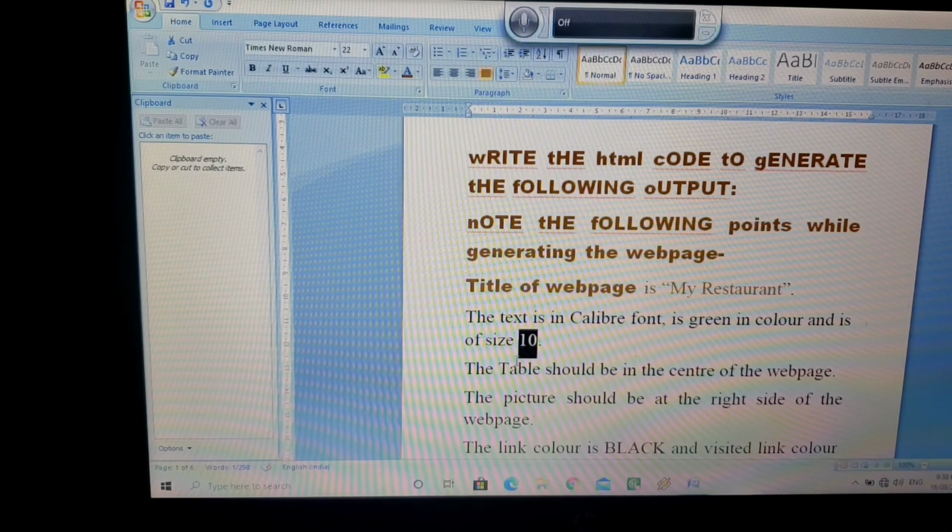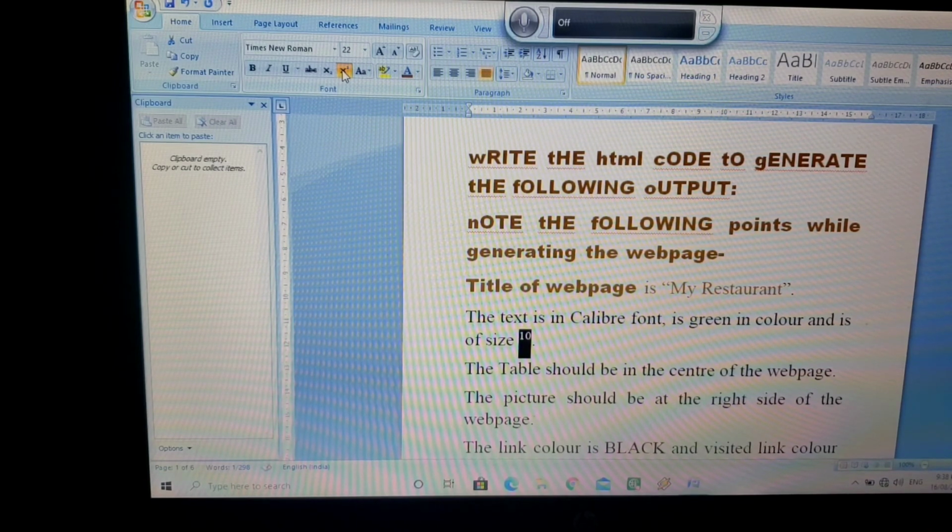I want to make it superscript. Super means it should go above the normal text. Select it, and from here, could you see these options? These two options. This is superscript and this is subscript. Just select it. See, now it is above the text. If I choose this option, it will be below the normal text.